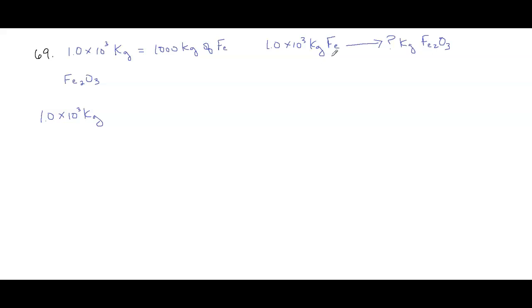That's the question. How do we get from here to here? And there's going to be lots of conversions, and I'm going to write the path for those conversions down here